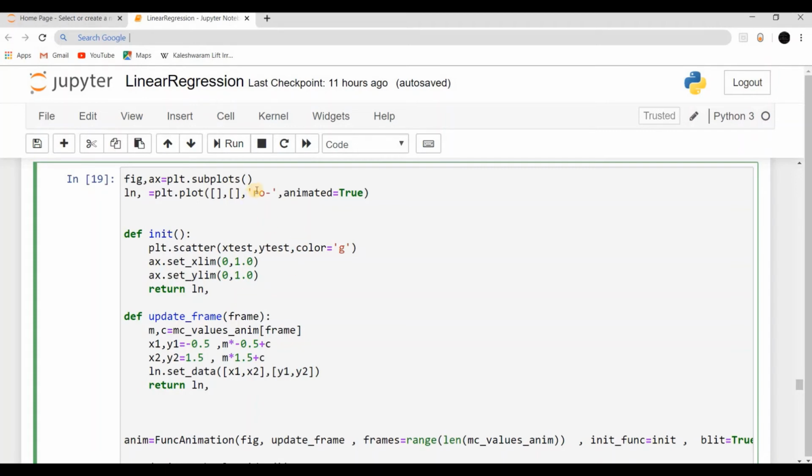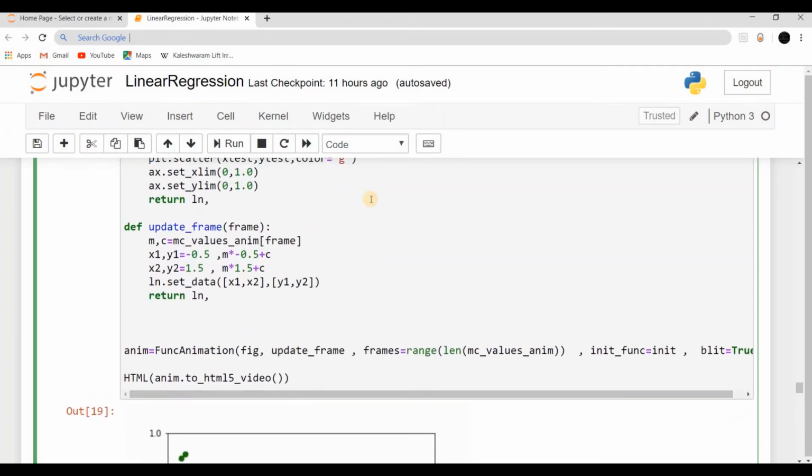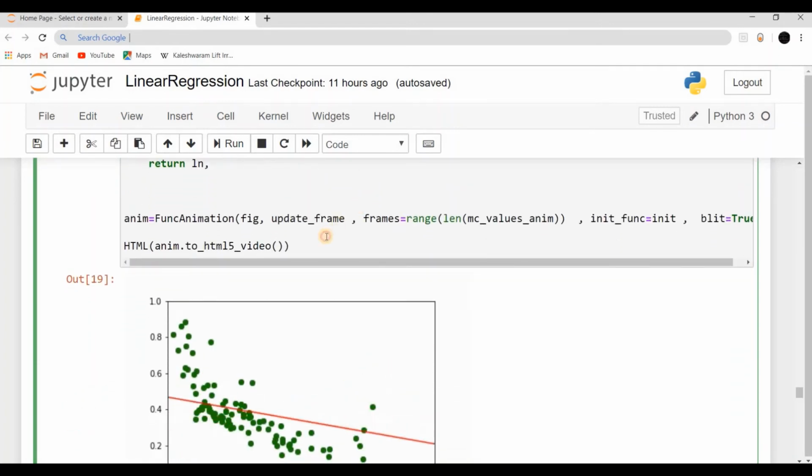For init, we need two things, that is figure and axis, which are provided by matplotlib.subplots, and we need a line function we can get by plt.plot. You can see them in this instruction, where we have to say that animated is equal to true. To display the video, this is the instruction.